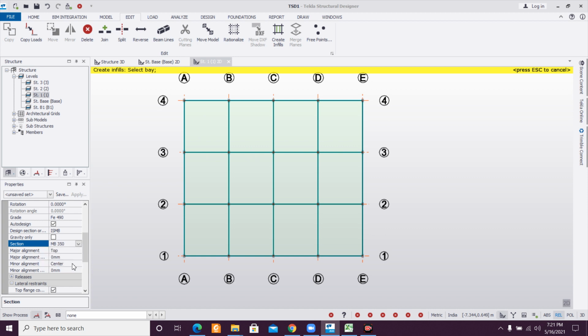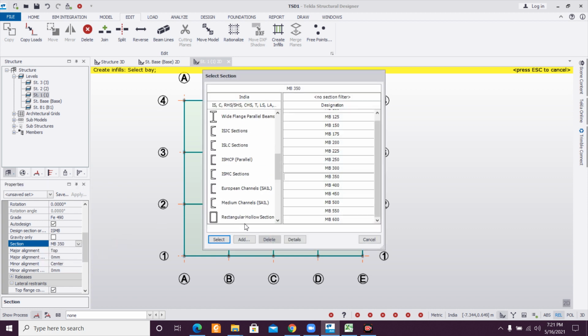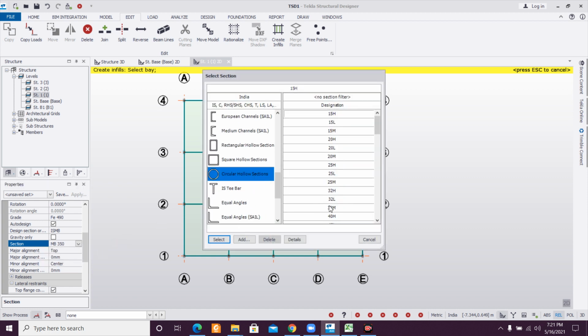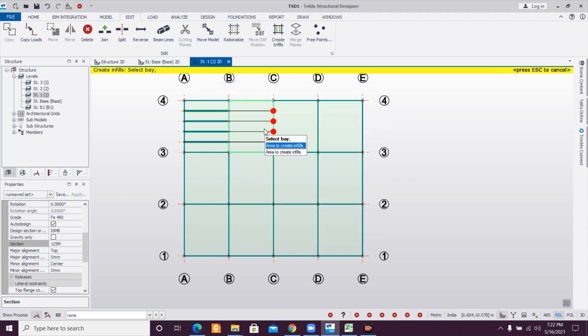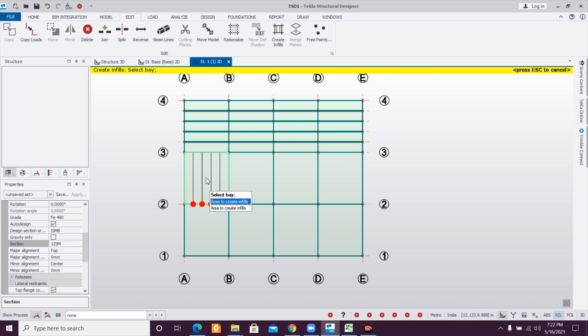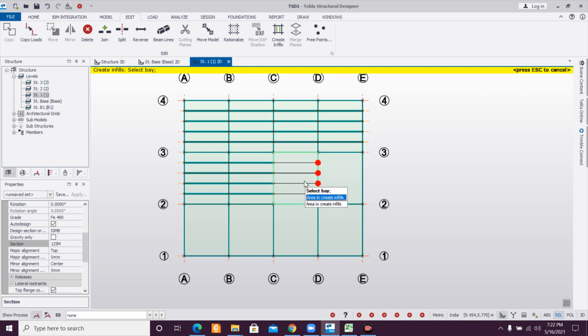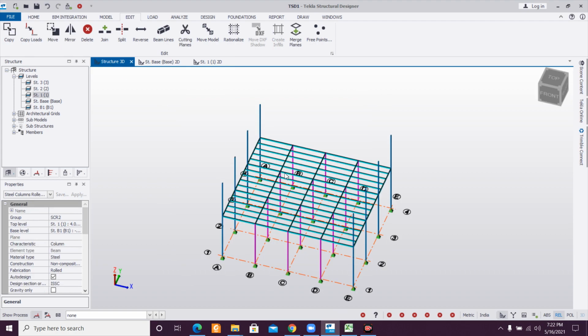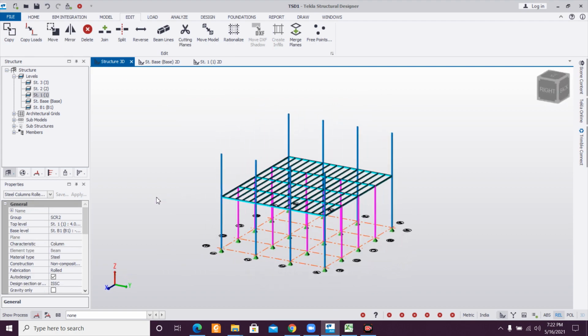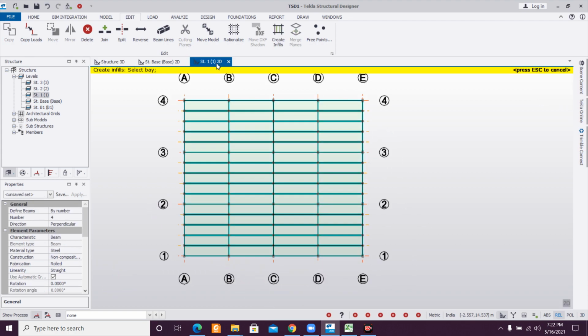and I'm also going for this. I'm going for circular hollow sections, going for this one. So like this you can create the infill beams. It's very easy process, and after that let us see in the structure 3D. These are the beams and the infill beams which have been created,